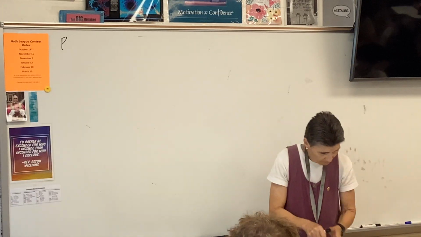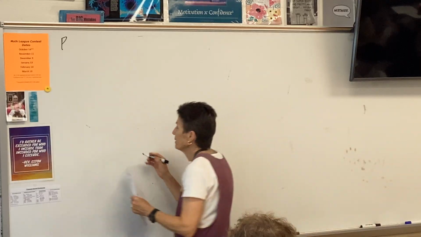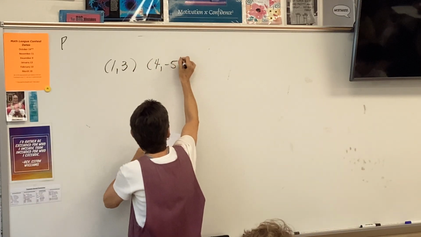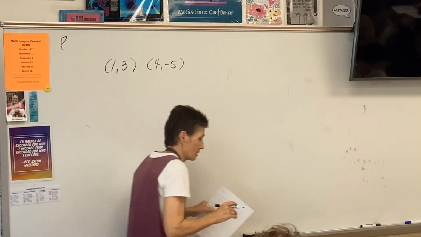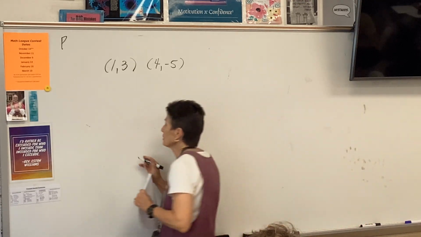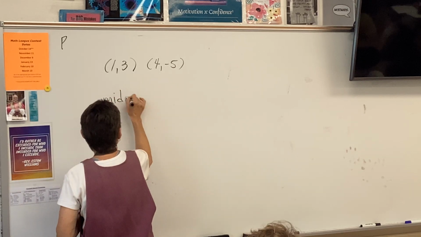Number one, find the midpoint. Who remembers how we find the midpoint? How do we find midpoint? X plus X over 2. Yep, we find the average, we add them and divide by 2. So it looks like our midpoint is going to be